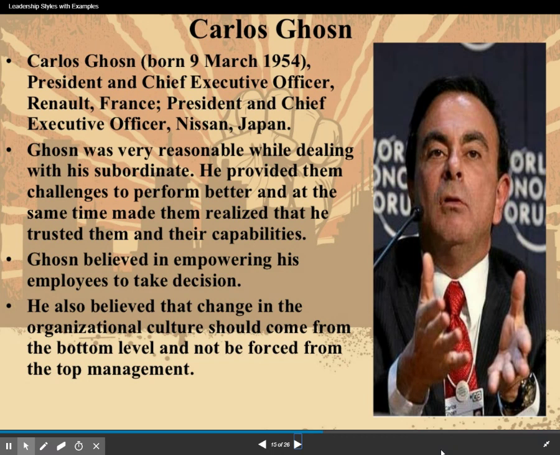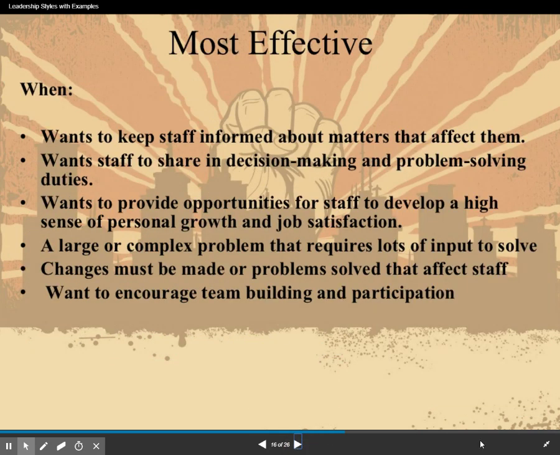Especially in healthcare, if you love your job, you take care of your patients. It comes through that you're happy to be there. If someone hates their job, it comes through on the patient end, and the patient's what's the most important. It's most effective when we want to keep staff informed about how things are going to affect them. So when we do a project, I usually try to connect it to something that we're doing so it enhances your learning.